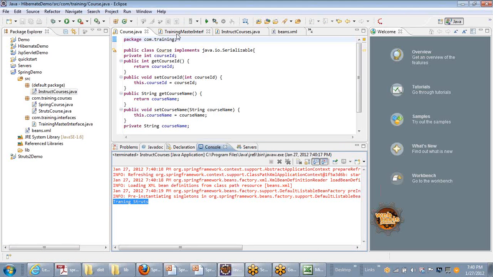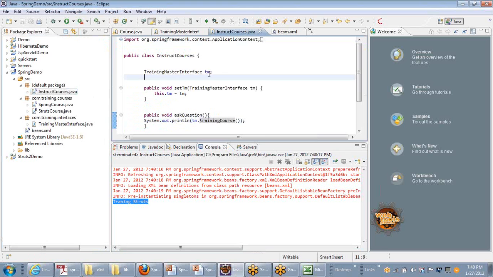So if you see, what we are doing here is, I'm not instantiating this class. I'm not instantiating the object here. I'm not doing this either for Spring course or struts course. And when I do that, it's asking for the dependency. So by eliminating this, you are keeping the classes clean. They are not tightly coupled to each other. So the entire configuration is managed.